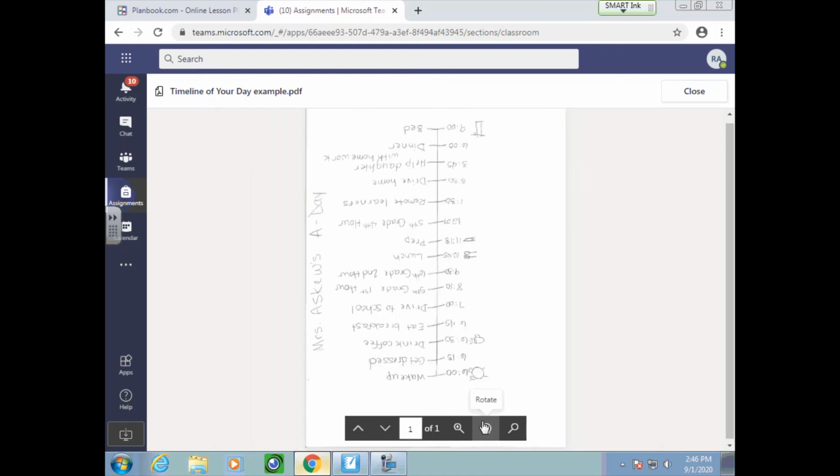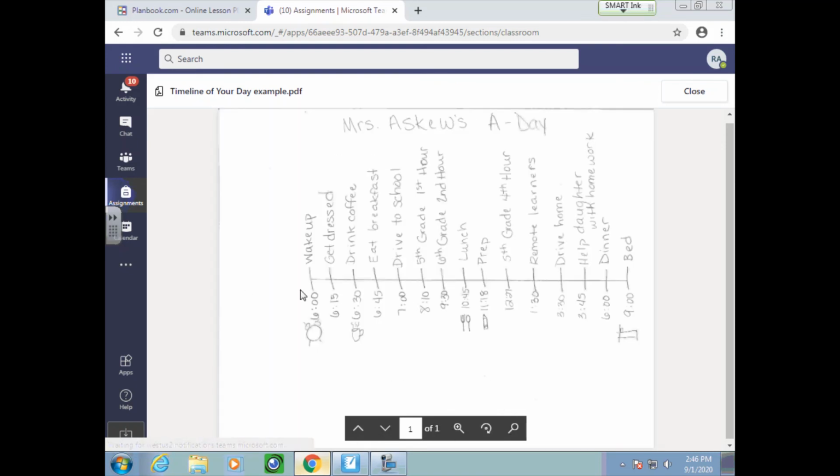So this turns sideways, so we'll flip it the right way. And here's my title. It says Mrs. Askew's A Day. And then I've created my line. I have 15 different events. I wrote down the times for each event and described what I'm doing. So like I put 6 o'clock, wake up, 6:15, get dressed, 6:30, drink coffee, 6:45, eat breakfast, 7, drive to